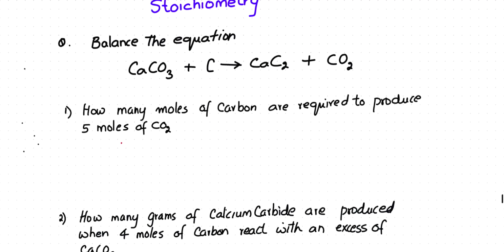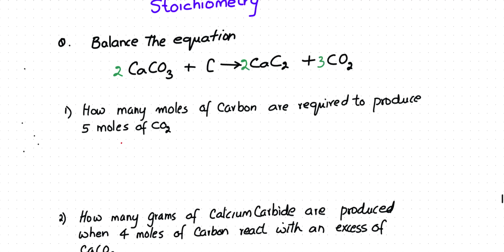So one calcium, and we have 2 carbons here and 3 carbons here. So 3 oxygens here, 2 oxygens. So to make it 6, we write here 2 times 3, 6 oxygens, and we write here 3 times 2, 6 oxygens. Now, when we write 2, there are 2 calciums. So we write here 2 to make 2 calciums. Now 2 calcium, both sides they are the same, and 6 oxygens, 6 oxygens.